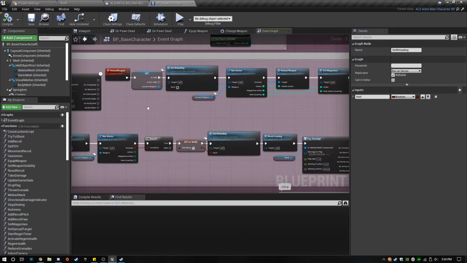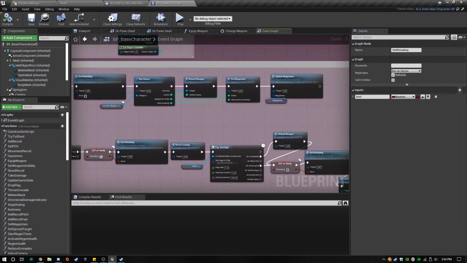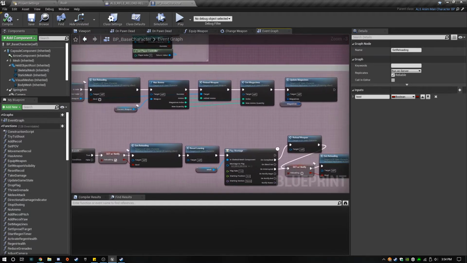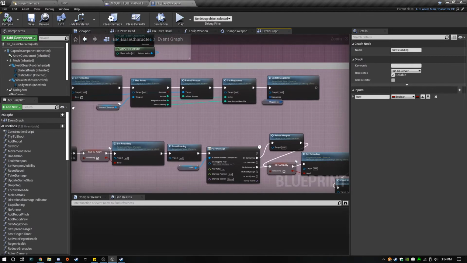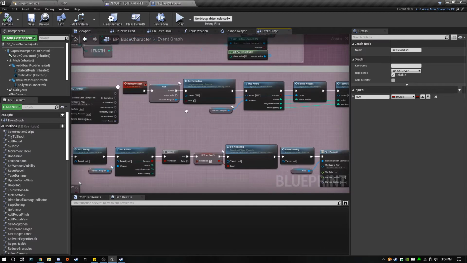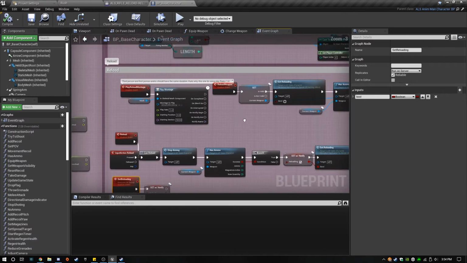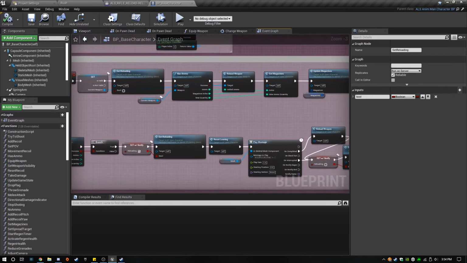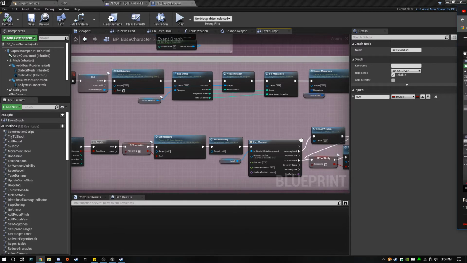Got it. Reload up. Instead of reloading, reload weapon, and that calls, no, it doesn't. Okay, so it is getting called. Okay, we have to check out that video then.